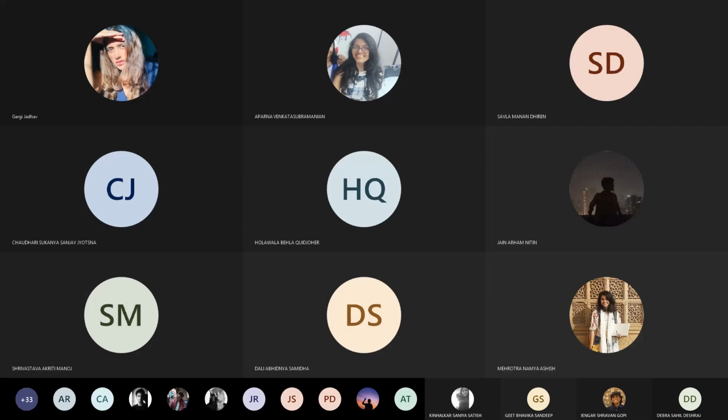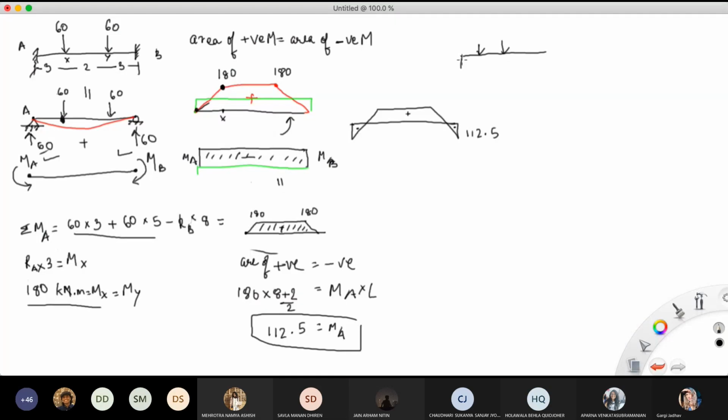And on top of it there is a load, okay. And then this is the second reaction here, and there is another one here. Let's say you need to find out the moment at x. What you generally do is that you draw a cutting line.